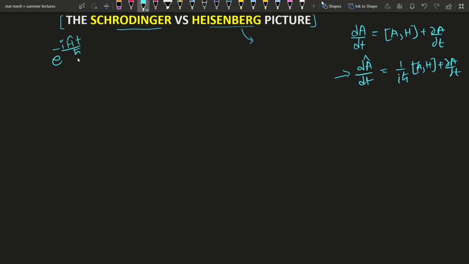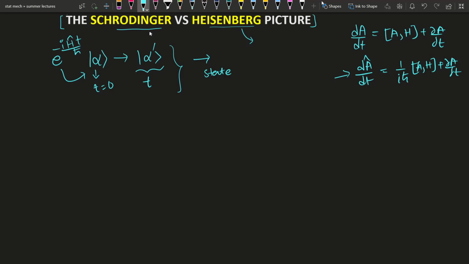So this operator is the time evolution operator. When it acts on a state ket, it gives another state ket, which is nothing but a time evolved state ket, or the state ket of the same system but after some time t. This is at time t equals 0, suppose. So the effect of this operator is that it is affecting the state ket, right? So here the operation is changing the state ket, right? So this type of operation, or this type of picture where the state ket is changing,